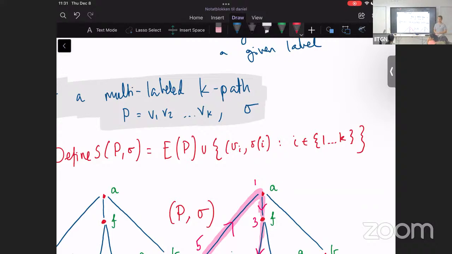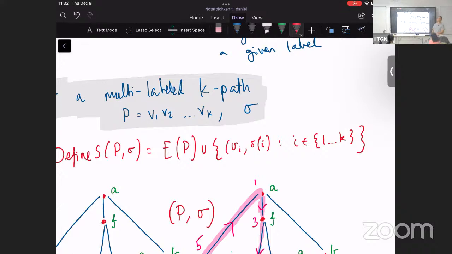So I'm not getting where the labels are coming from. So are we saying that all the K paths in the graph are multi-labeled K paths? For every K path in the graph, there exist K factorial multi-labeled K paths corresponding to that path. They don't come from anywhere so far. This is just a definition. Are the edges of the path directed? It doesn't matter. It can be a directed graph, undirected graph, whatever you want.